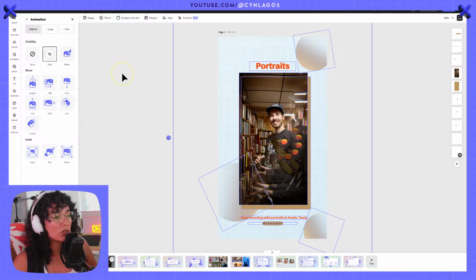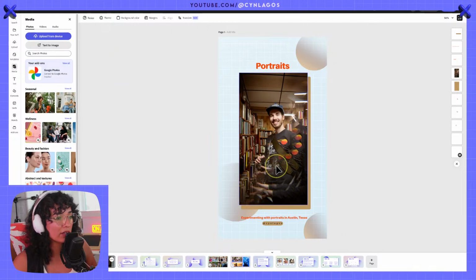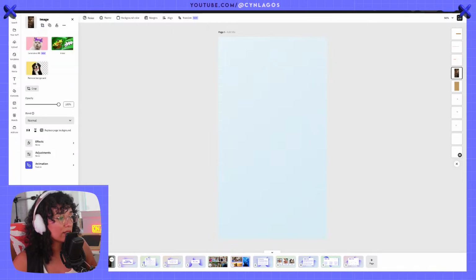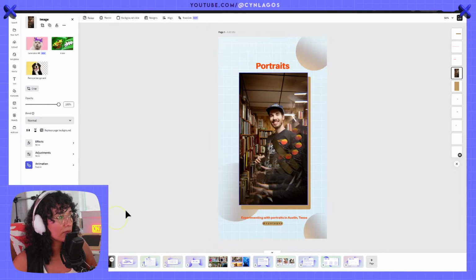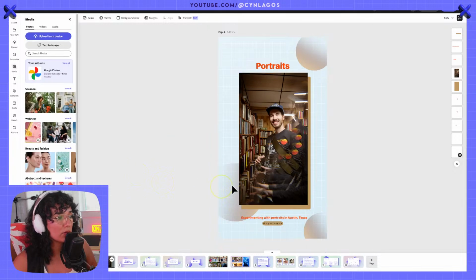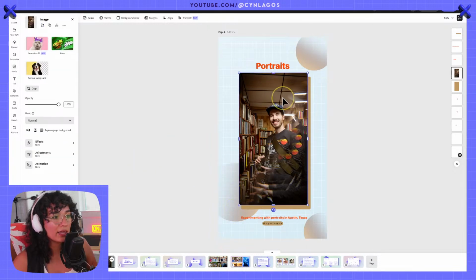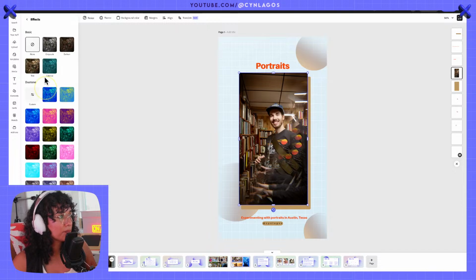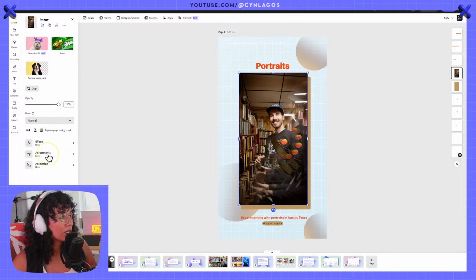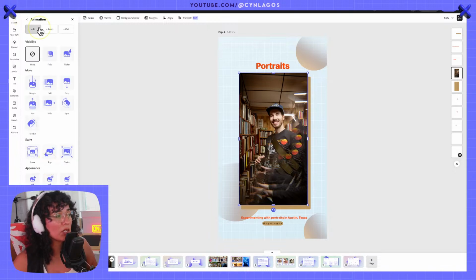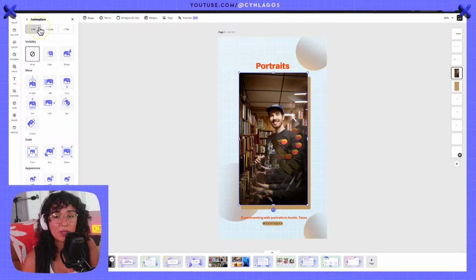Or we can choose to not select everything at once, and instead, let's do undo there. Instead, select only the picture and go into animation. And we've got in, loop, and out.